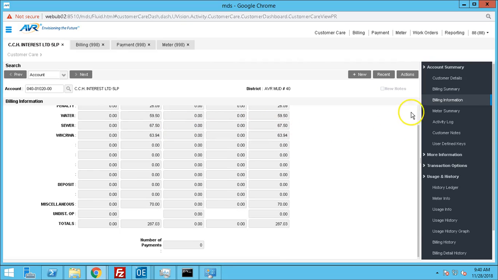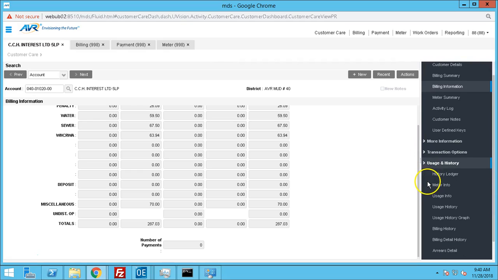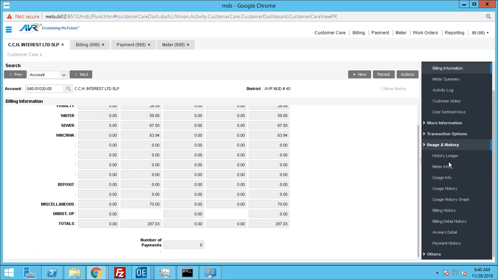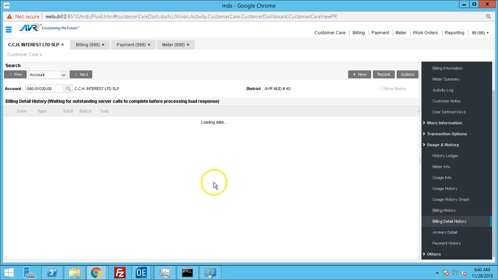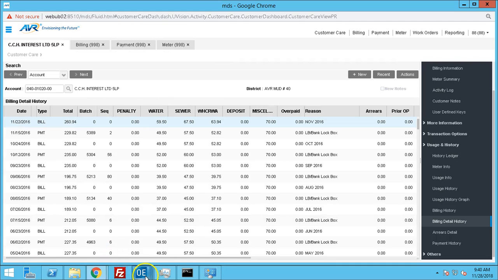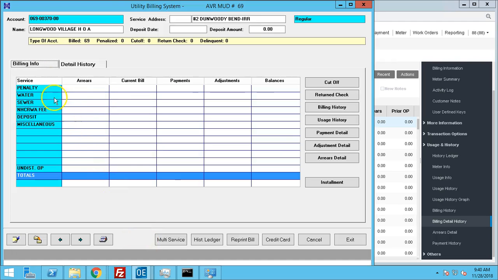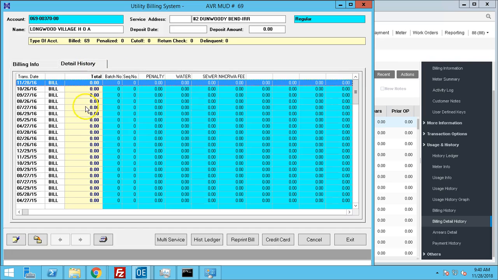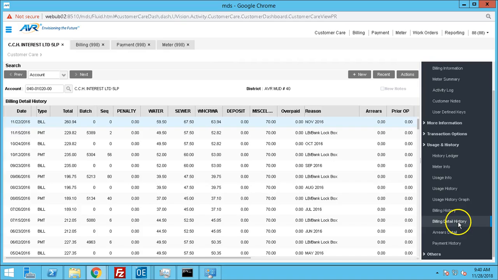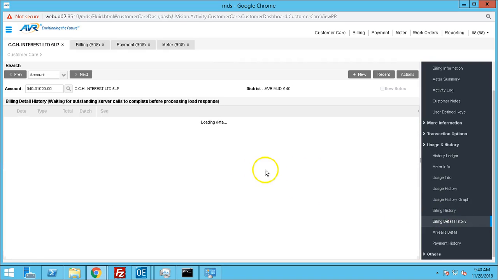Okay. The other piece has more to do with usage and history. Right here, billing detail. This is the other tab. Right. If I'm looking at this, this is billing information. Detail history. So billing and receivable we got here. Now